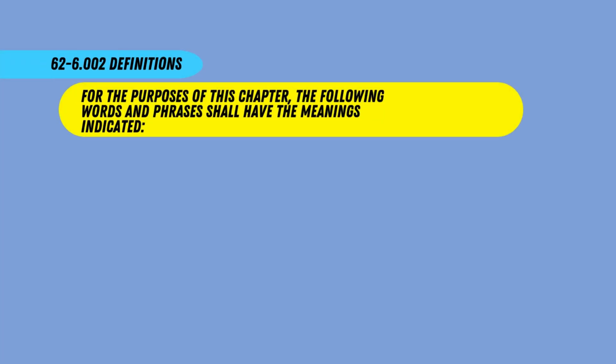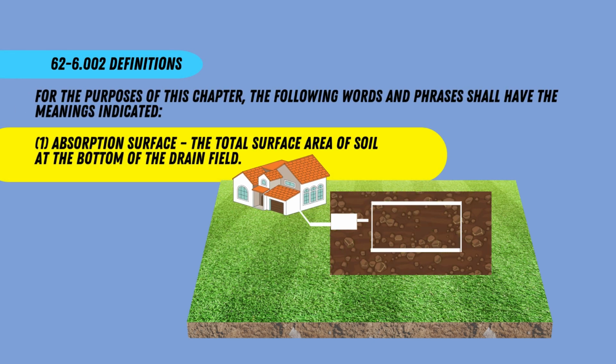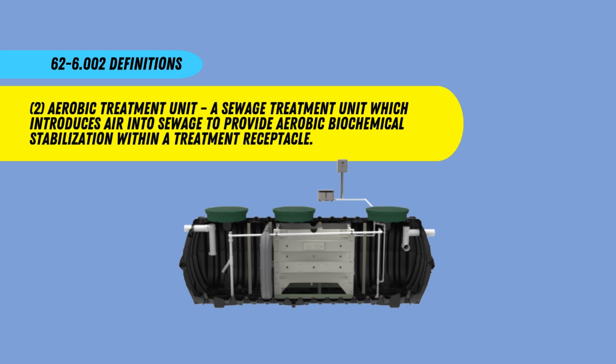For the purposes of this chapter, the following words and phrases shall have the meanings indicated. Absorption surface, the total surface area of soil at the bottom of the drainfield. Chapter 2, Definitions. Aerobic treatment unit, a sewage treatment unit which introduces air into sewage to provide aerobic biochemical stabilization